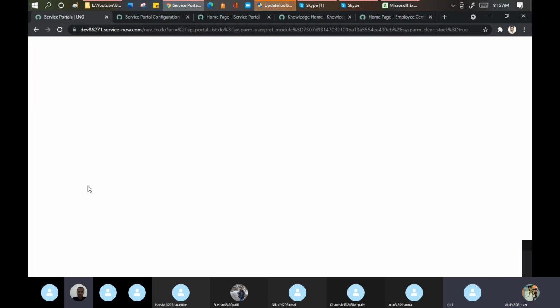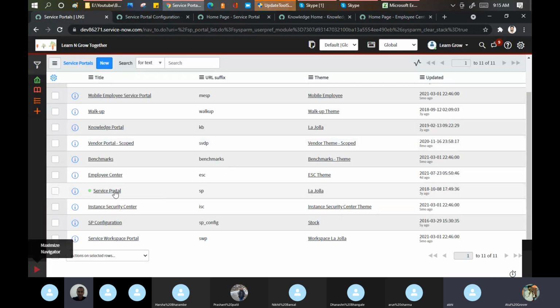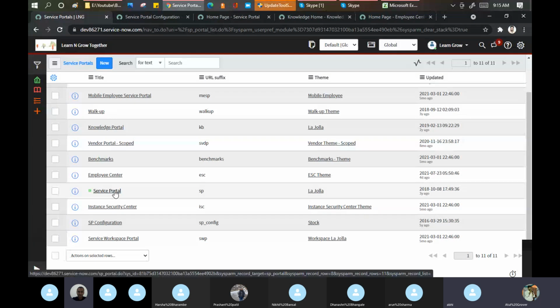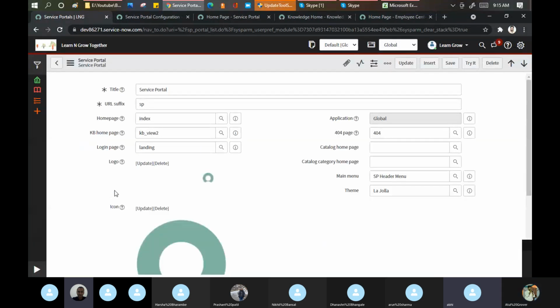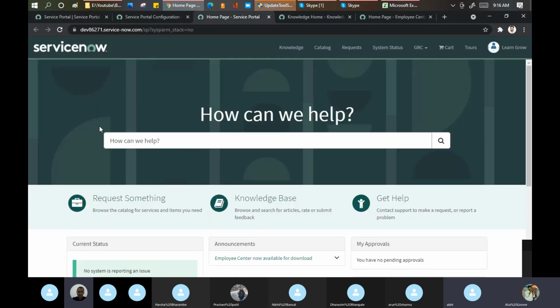So we are basically working on the service portal. Open this. This is the place where you will be able to make some changes in your service portal front end, this look and feel.